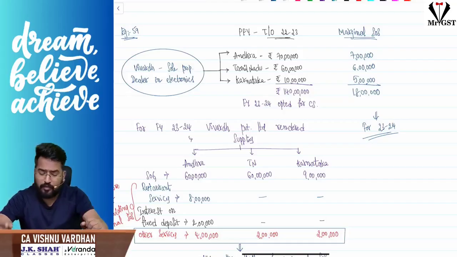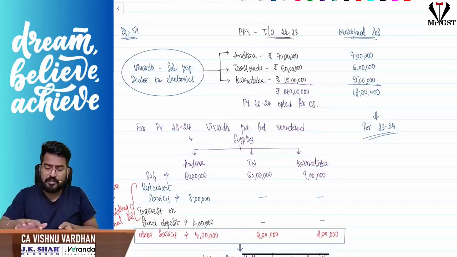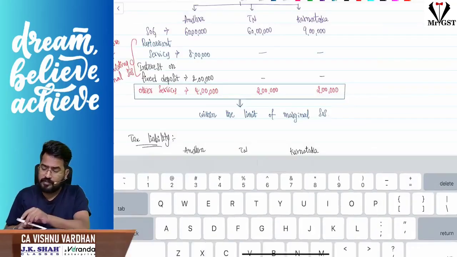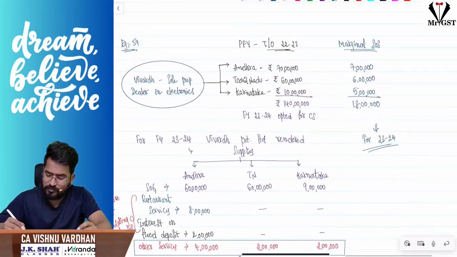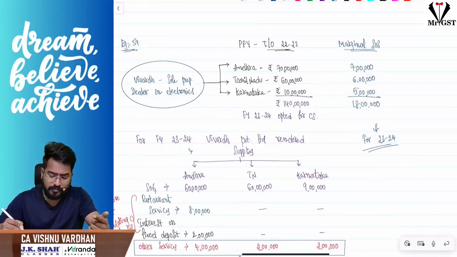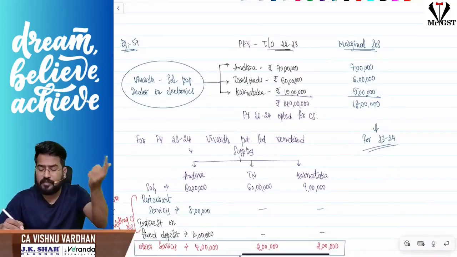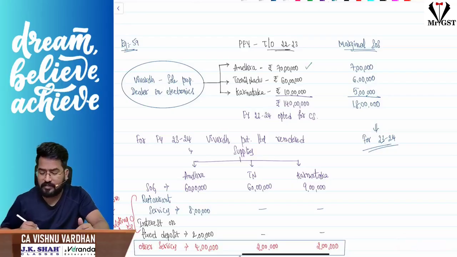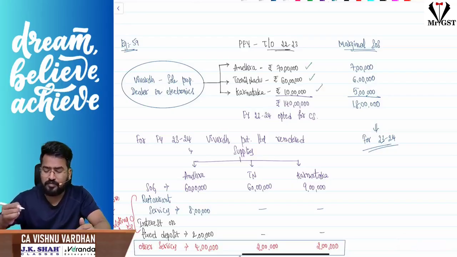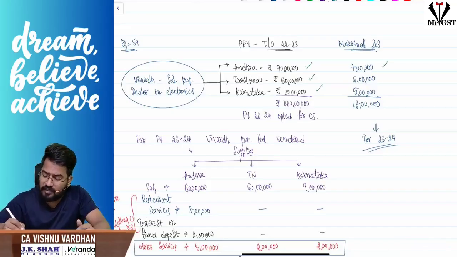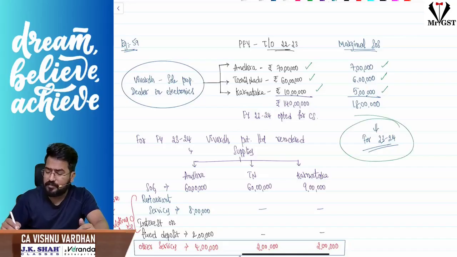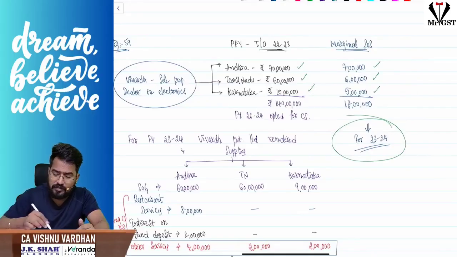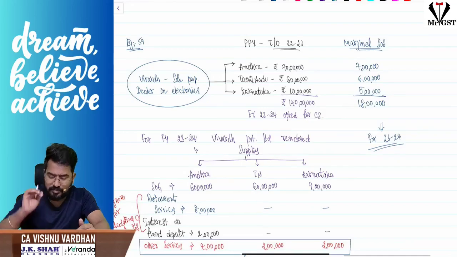So in 23-24, in Andhra Pradesh I can do 10% of the turnover in that state in the preceding financial year. That means 10% of 70 lakhs, 10% of 60 lakhs, or 10% of 10 lakhs, or 5 lakhs, whichever is higher. So here 7 lakhs or 6 lakhs or 5 lakhs. This way, in 23-24, I can make this much of services, even though I am going with the section 10 subsection 1 benefit.